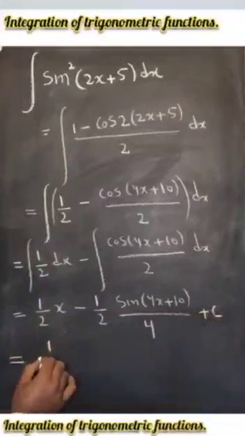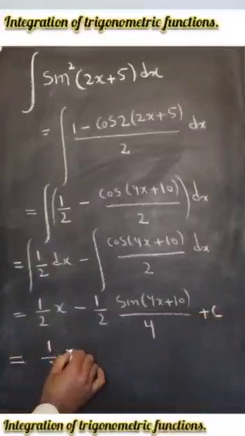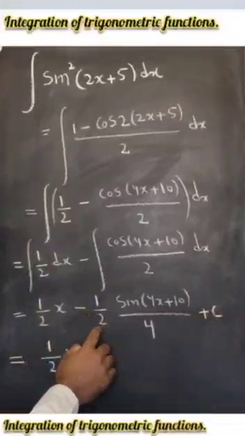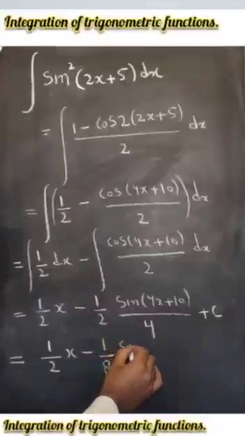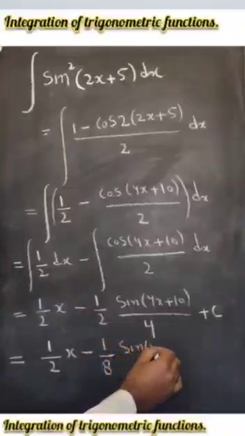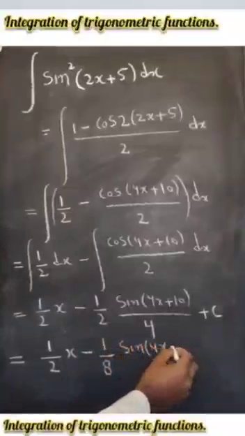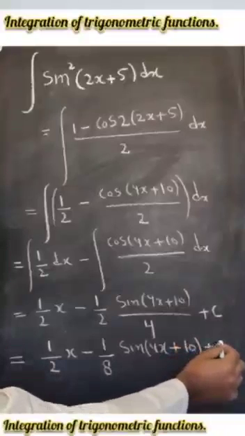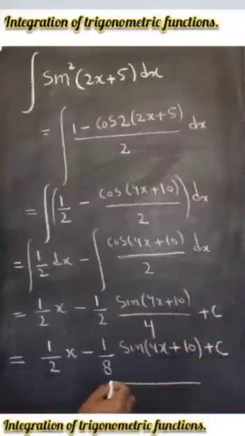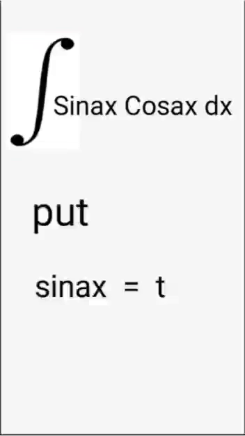That is further equal to 1 by 2x minus 4 into 2, that is 8, so it becomes 1 by 8 sine of 4x plus 10 plus constant of integration c. That completes the question. Now if integrand is product of sine and cosine functions, and sine and cosine functions have